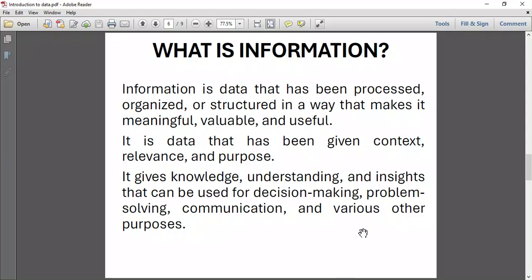Okay, so now let's look at information. What is information? Now we have gathered the data. The information now is the data that has been processed, organized, or structured in a way that makes it meaningful, valuable, and useful. Now, as we said earlier, the information which they gather at the hospital doesn't make any sense to us. It's them now that they process it, they make something out of it, they make it valuable to us, they write it in our health passport or whatever.